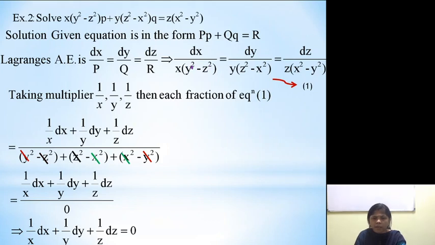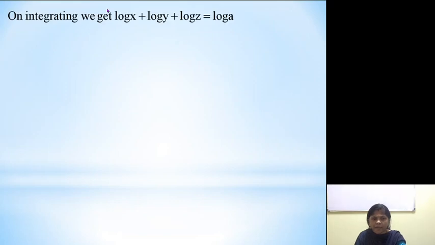So for this I cannot adjust the power of these terms in the bracket because they are in subtraction. So the only possibility is left with the term which is outside. So for this what we do, we will try to make it x square. So in order to make it x square, what do we need? x, right? So we will multiply this by x, this by y, and this by z.